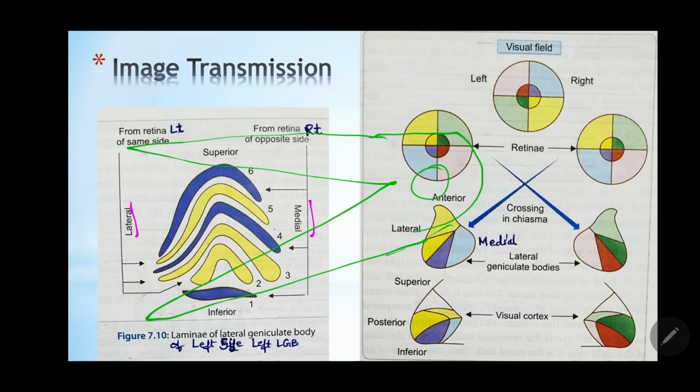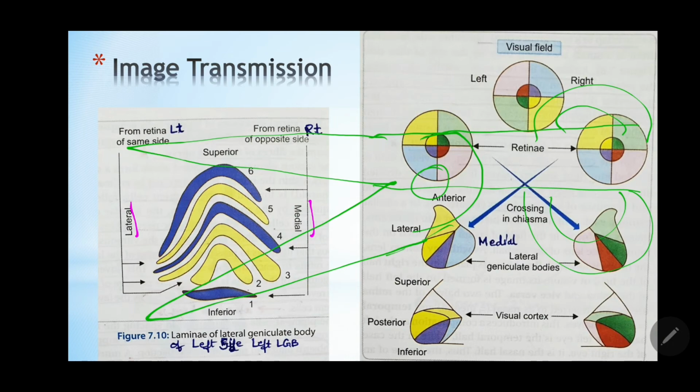So at least you will remember that number 1 and number 6 layer is for the opposite eye, because if you draw it like a scissor, it will be like this, right? This is like a scissor. So if you are clamping it, because that's what chiasma is like, decussating fibers of the chiasma. Because opposite fibers have already decussated, you remember that's like a clip thing, and fibers from the opposite eye clip or grasp this LGB from above and below, the ventral and dorsal sides. So that means layer number 1 and layer number 6 are both the site of synapsing of the fibers from